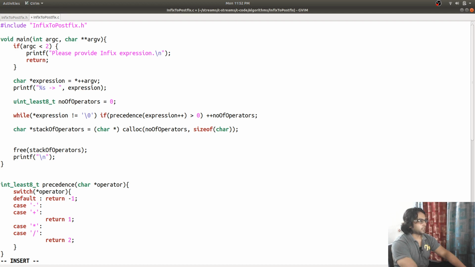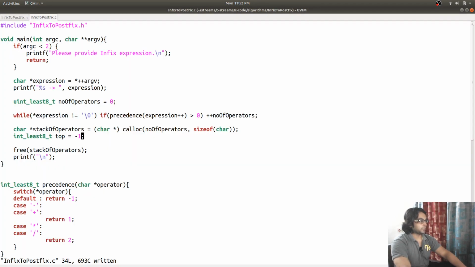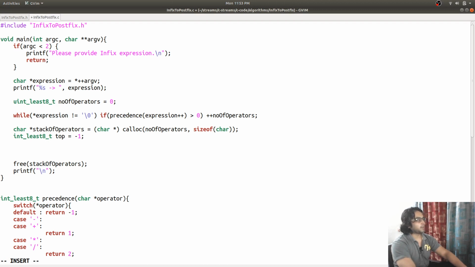Then I need an integer top value to keep track of indexes in the stack. So we are all ready for that, and the code is running fine, which means we have no issue till now. So we have our stack, we have our expression.